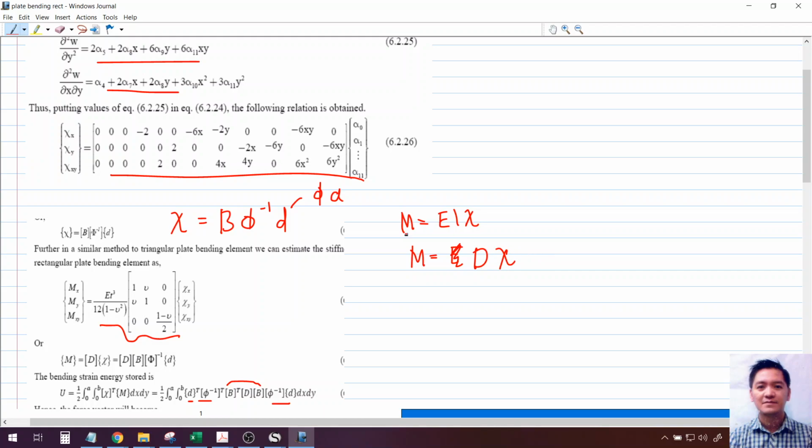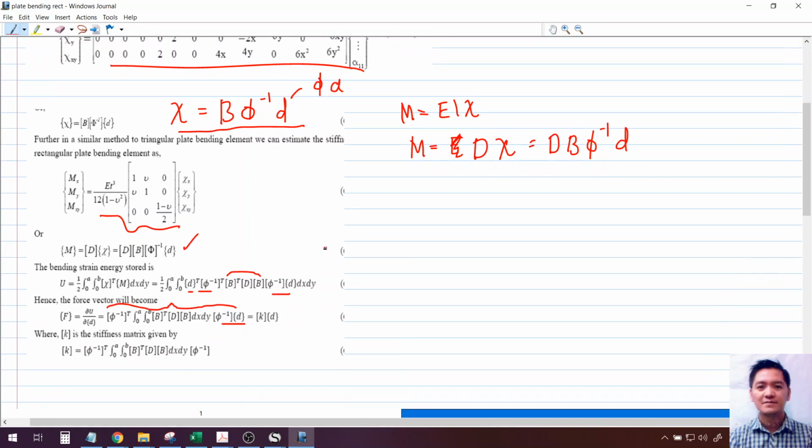Okay, but what is curvature? That is B phi inverse D. Okay, which is this. Now the bending strain energy stored, again from plates theory, potential energy U equals 1/2